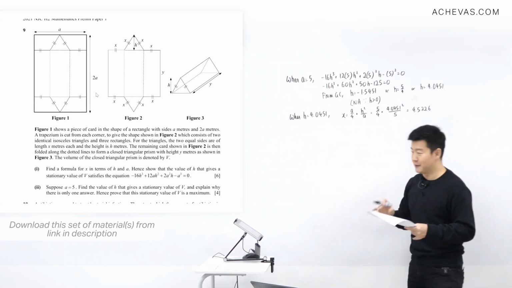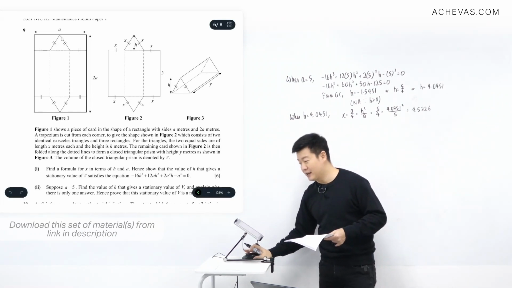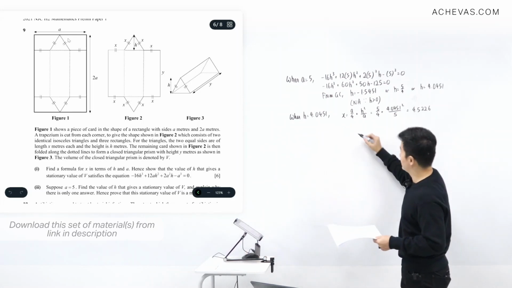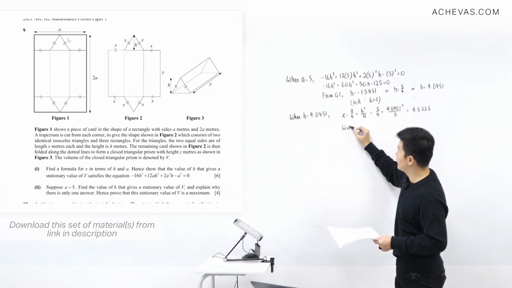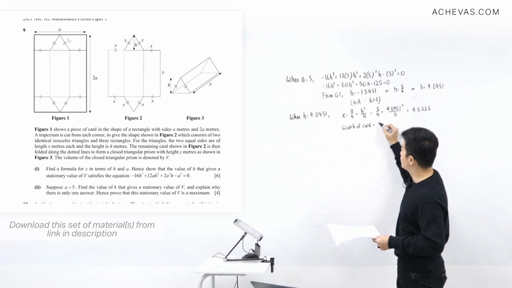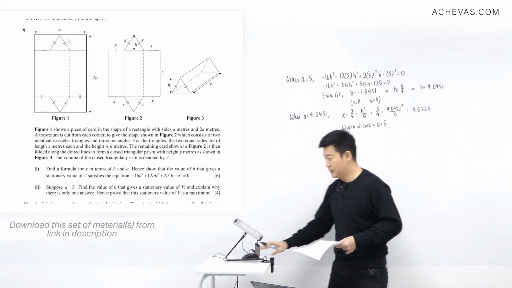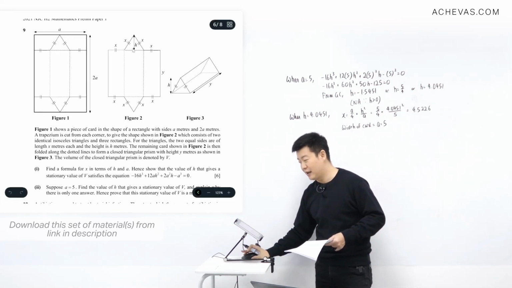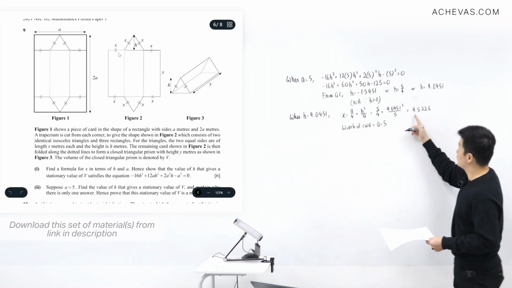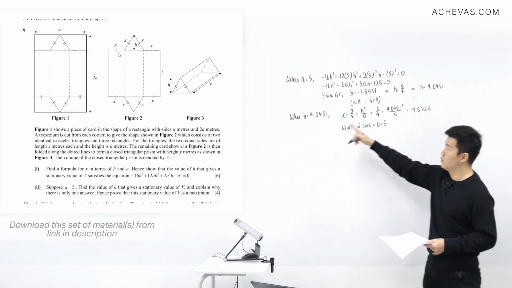Okay, you think about it. Now, the horizontal length here is a, which is 5. Let me write it down here. So the horizontal length or the width of the cut is equal to a, which is equal to 5. And now, this is going to be divided into x, and then this length, then x. But one of the x is already going to be equal to 4.5226 when h is equal to 4.0451,